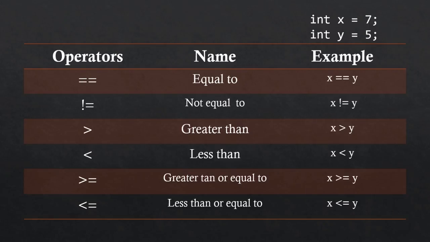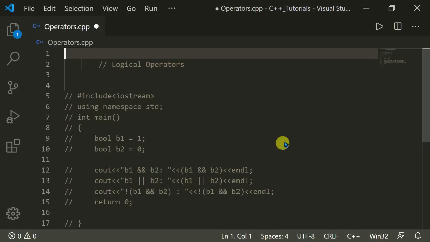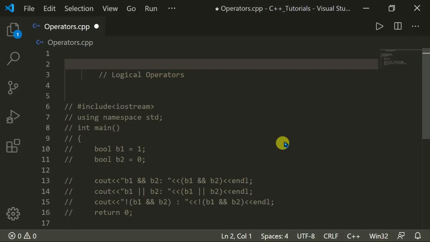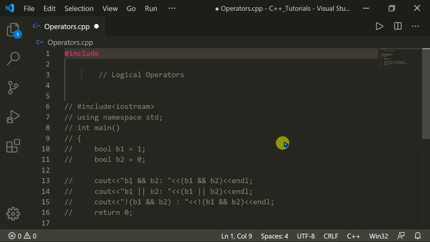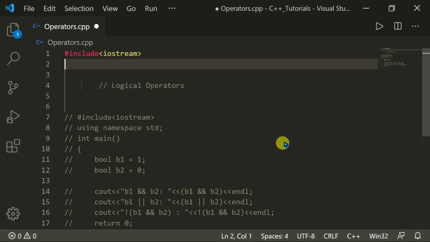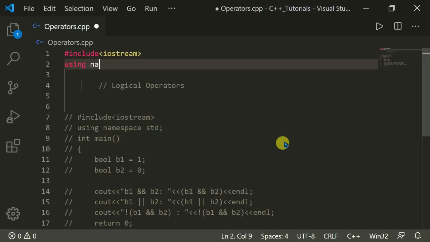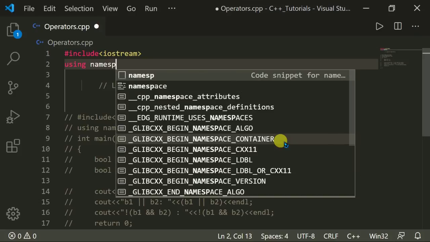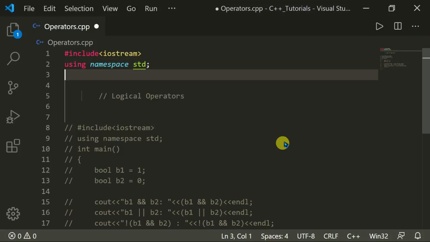Okay, so jump to VS Code and now let's write the program here. #include <iostream>, using namespace std, and int main.